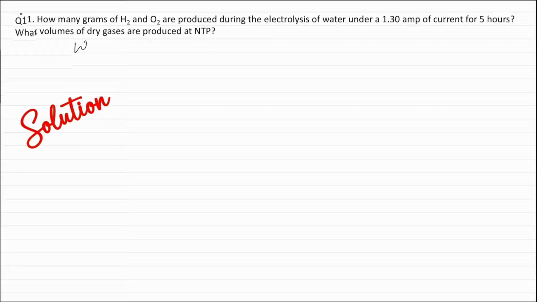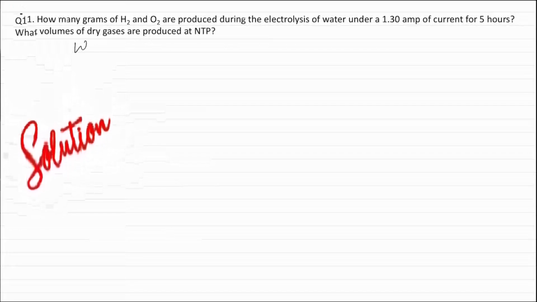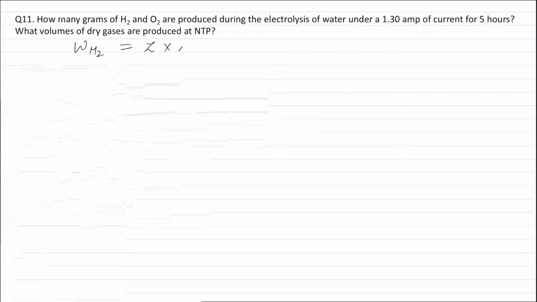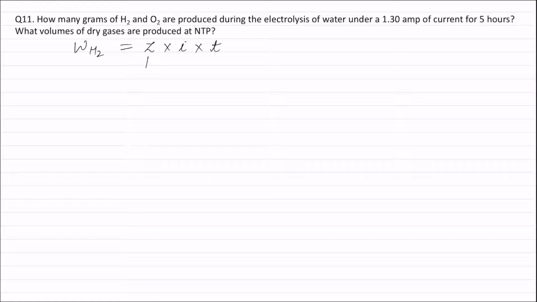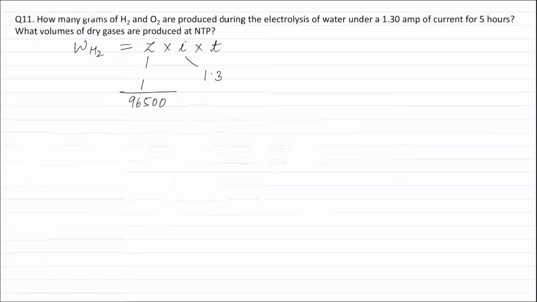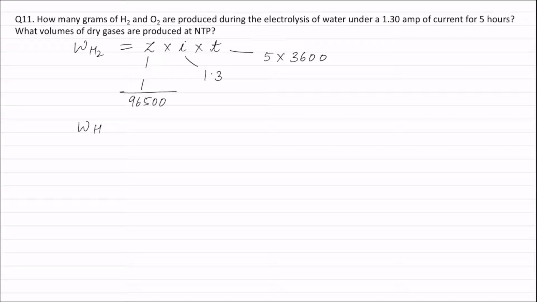Now, weight of hydrogen produced is equal to electrochemical equivalent of hydrogen into I into T. Now, electrochemical equivalent for hydrogen will be equal to equivalent weight of hydrogen, that is 1 divided by 96500 coulombs. Value for current is given as 1.3 amperes and time is equal to 5 into 3600 seconds. Solving this equation, weight of hydrogen is equal to